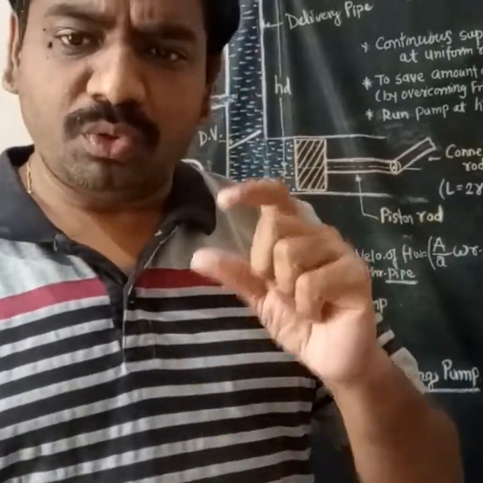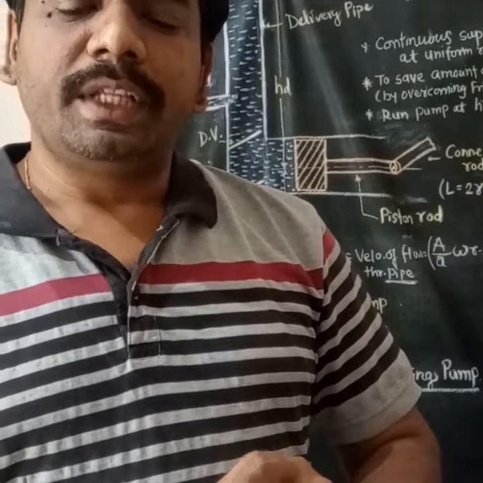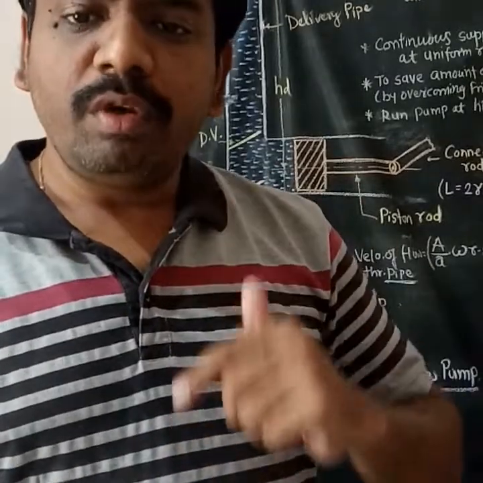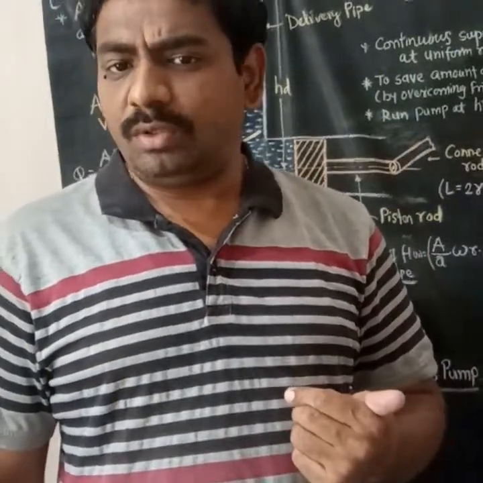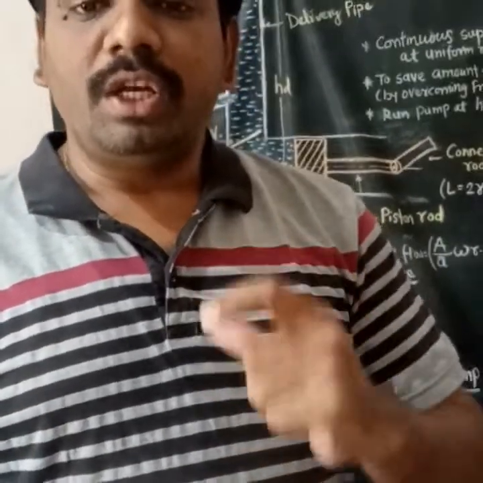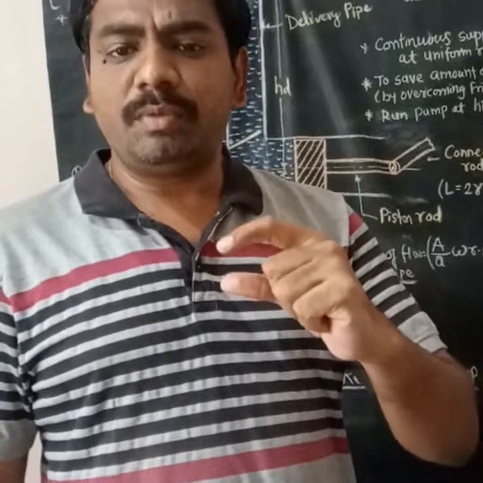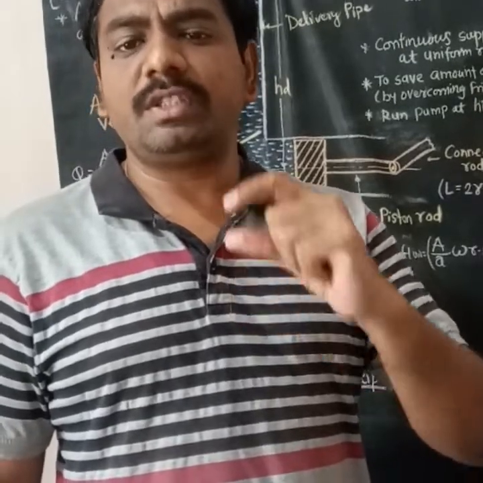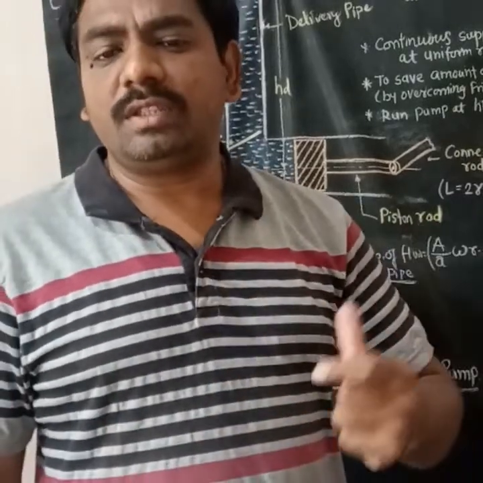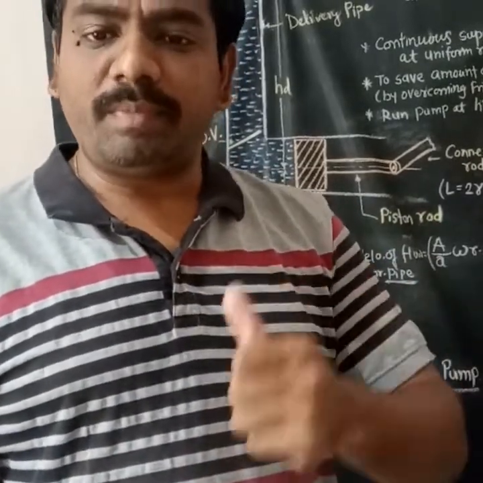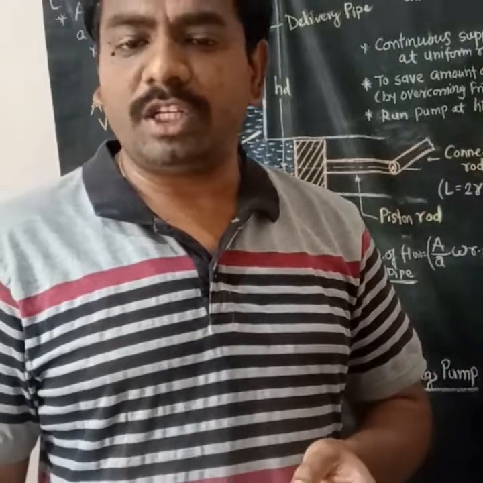Okay, so that particular value should not go below the vapor pressure. If it goes below the vapor pressure, then the separation will take place. And if this value reaches the vapor pressure value, that means the limiting condition. Otherwise there is the same kind of thing, that is the cavitation, which occurs in other pipes. So here a separation of the flow will take place.